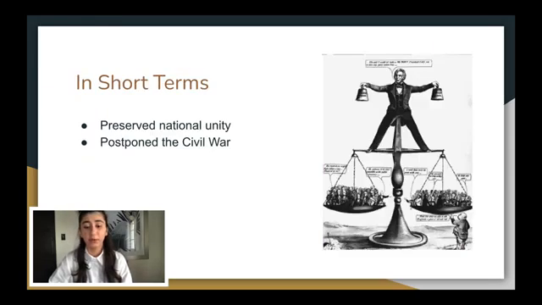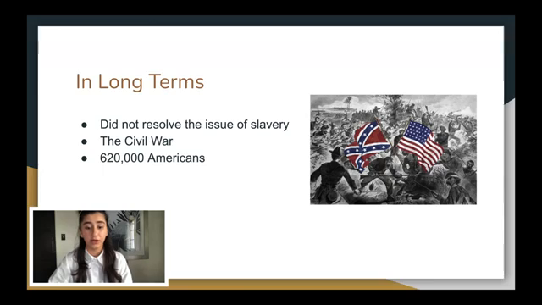In short terms, the Compromise of 1850 preserved national unity by once again accepting South's claim of no union without slavery and postponing the Civil War. Yet, in long terms, the Compromise of 1850 was unable to resolve the issue of slavery, leading to the beginning of the Civil War, which was a conflict between the northern and southern states over the unresolved topic of slavery. This brutal conflict began only 10 years after the passage of the Compromise and resulted in the death of 620,000